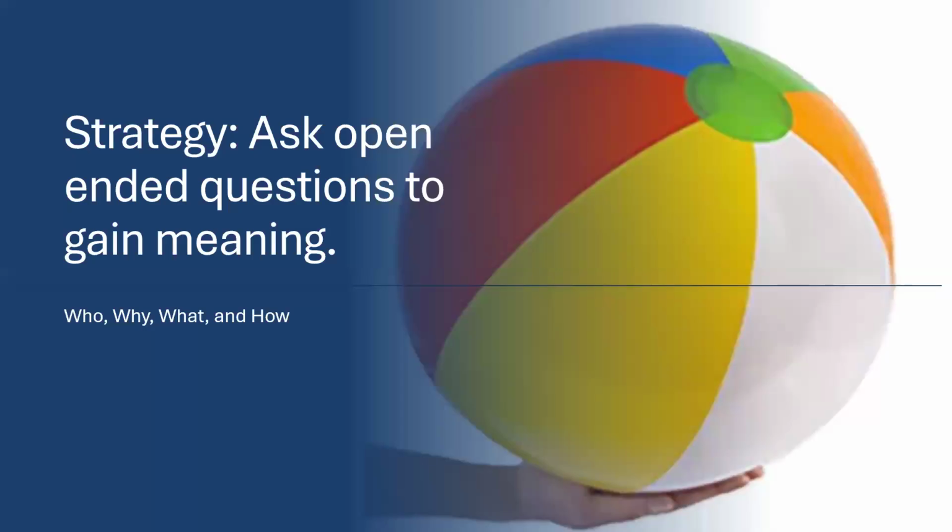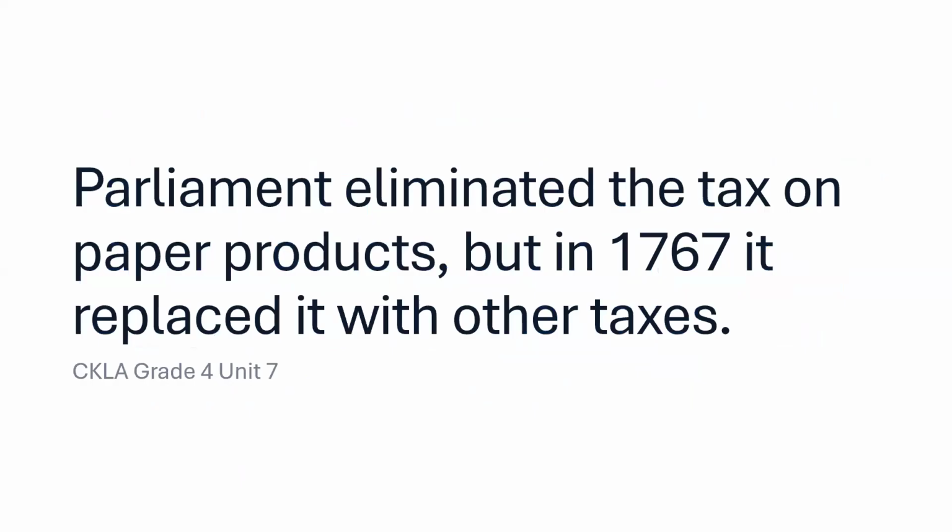All right, another strategy we might use is to ask open-ended questions to gain meaning. We talked earlier about maybe digging into the parts of speech and their job. So, Parliament eliminated the tax on paper products, but in 1767, it replaced it with other taxes. So if we wanted students to break this down and really look at the parts of speech of this sentence,